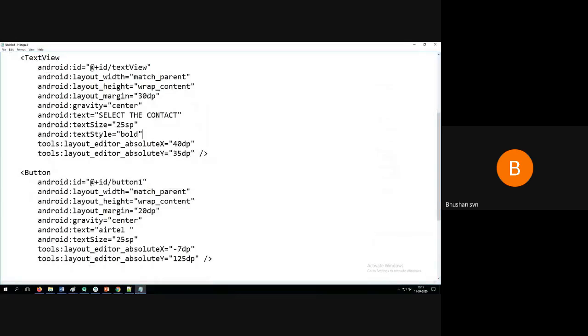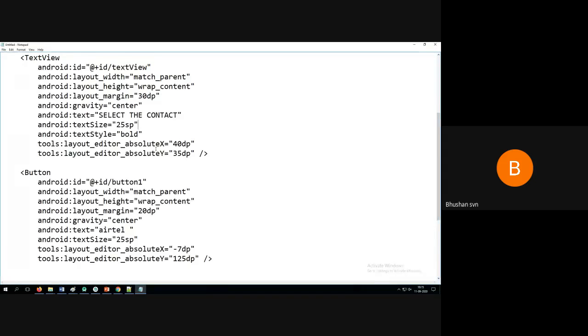And I want to display the text size as 25. There are different units for this. Depending upon the type of units, this will change. 25 SP will be something different from 25 DP or inches or something like that. There are different units of measurement. And I want this text style to be bold.